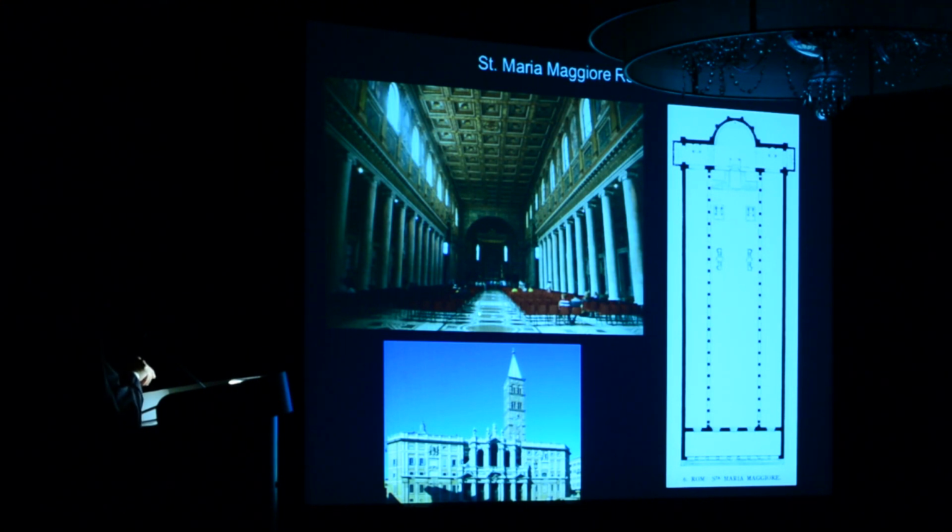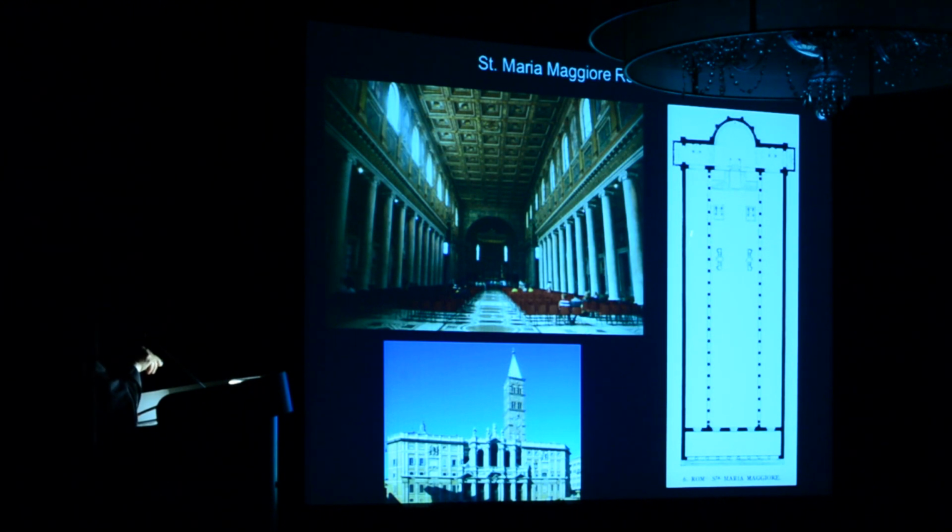This is another of the ancient basilicas. This is Santa Maria Maggiore in Rome. They originated in the 4th, 5th century, basically. Again, much more elaborate. If you go there and look at the ceiling, it's very elaborate, very beautiful, sometimes decorated with paintings and other things. This is the outside. You see the outside is simple. No dome yet in this type of church. And you see the tremendous length.